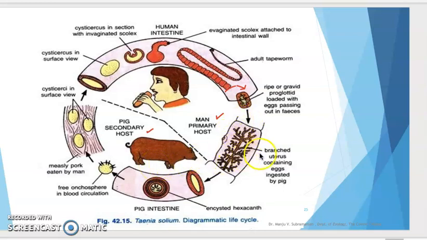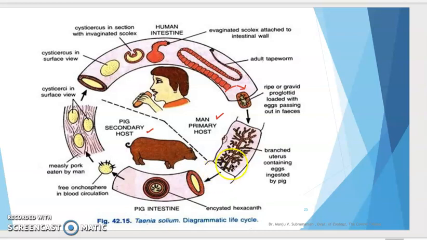As you can see in this picture, there is a branched uterus containing the eggs, completely loaded with eggs. And when these contaminated eggs get inside the body of a pig, what happens is that